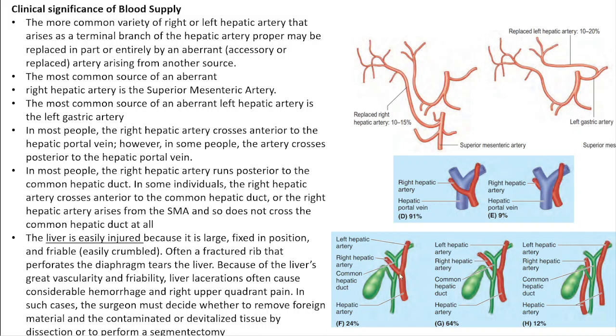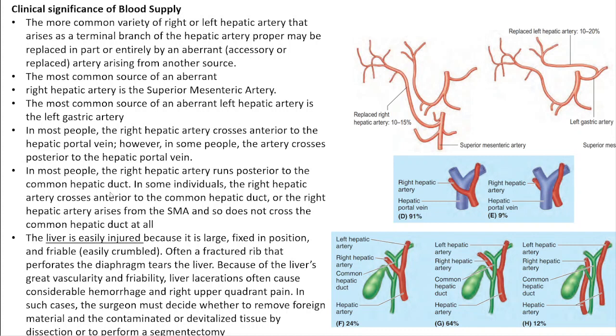But if the surgeon ends up clamping even the right hepatic artery, the blood supply to the whole of the right functional lobe of the liver will be gone, and it will undergo necrosis. So the surgeon has to be doubly sure that he is not clamping the right hepatic artery but only the cystic artery. So for that he needs to know what relation it is in with the common hepatic duct, because we want to avoid injury to the common hepatic as well as the common bile ducts, right? So these variations have to be kept in mind while operating in these areas.